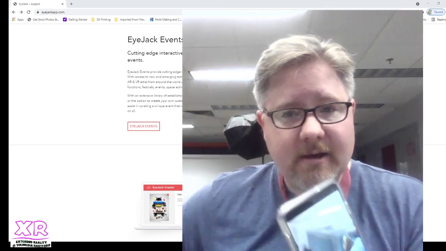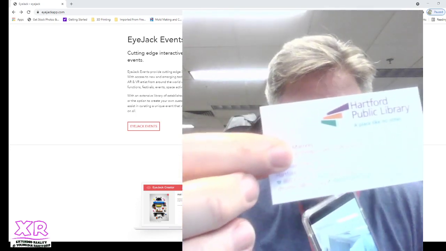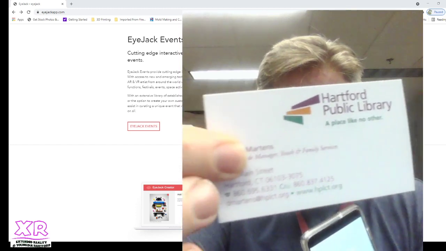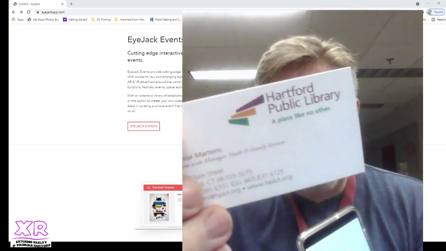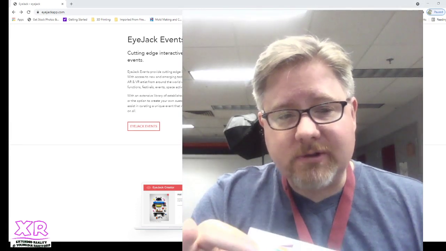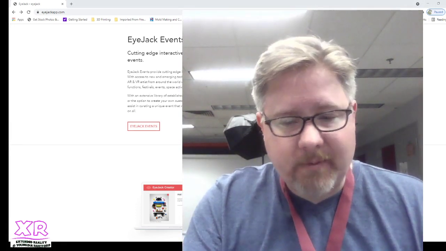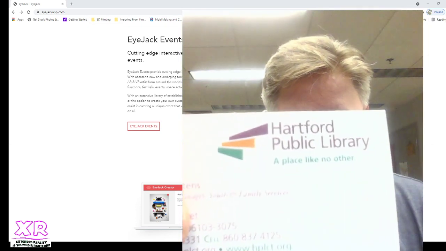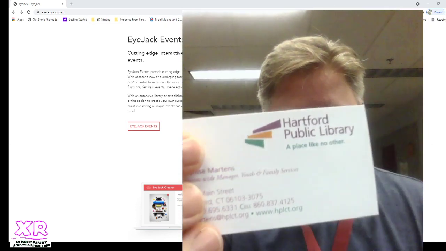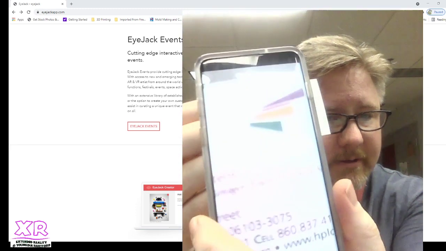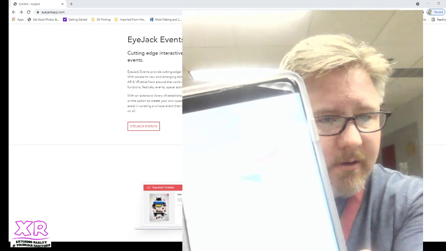So I'm going to take our Hartford Public Library card here. When you're doing augmented reality, you have to have what's called a target, kind of like a QR code type of thing. So for this one, I'm using the actual logo for the Hartford Public Library as the target. And hopefully this works right. So when you put this up here,